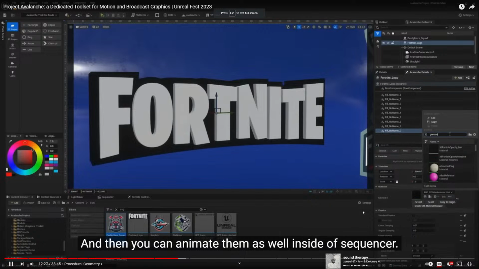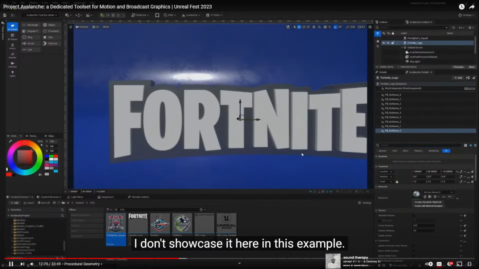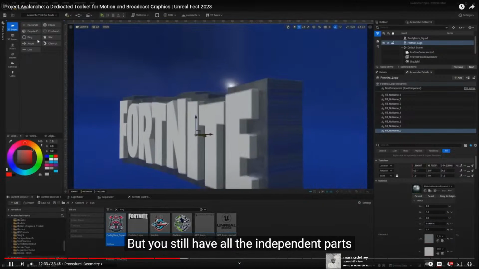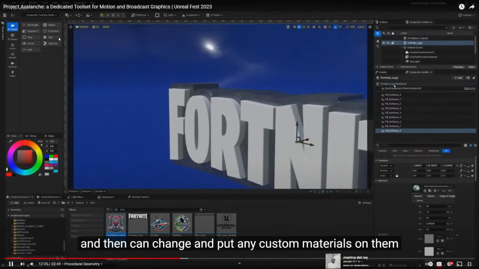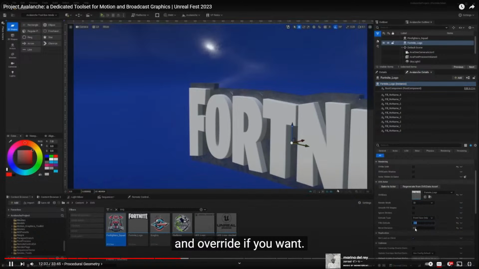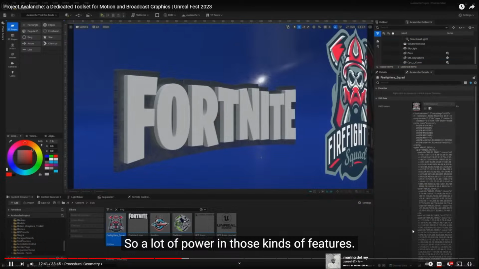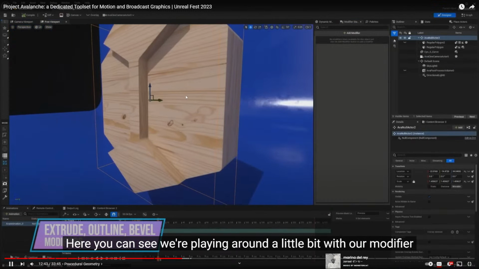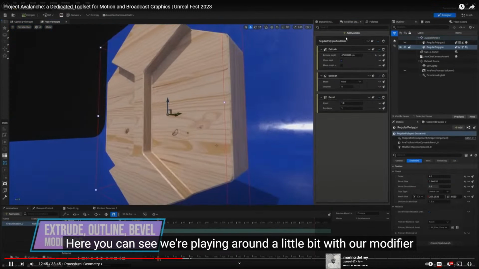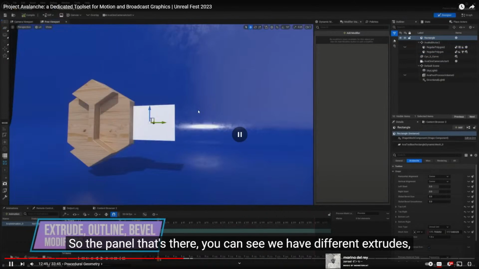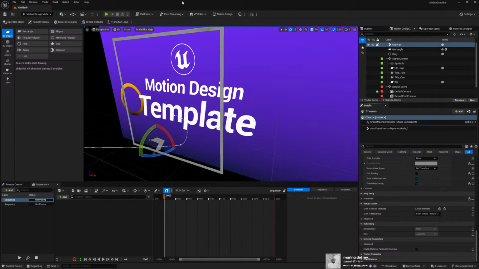And then you can animate them as well inside of Sequencer. I don't showcase it here in this example, but you still have all the independent parts and can put any custom materials on them and override if you want. So a lot of power in those kinds of features. Here you can see we're playing around a little bit with our modifier system. So the panel that's there, you can see we have